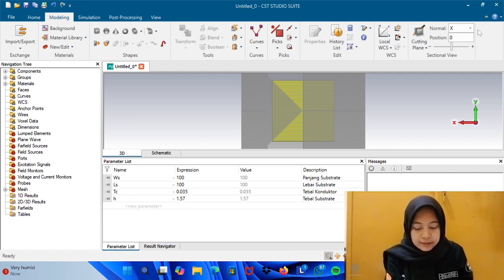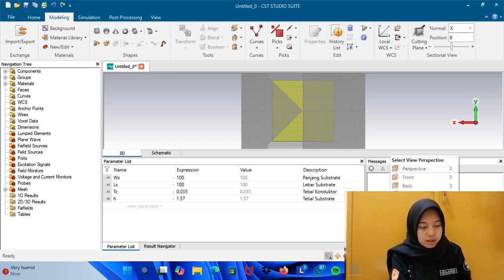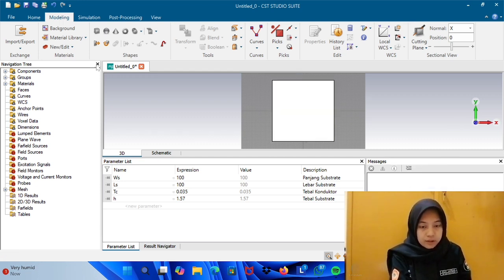For designing the antenna patch, draw the patch on top of the substrate. Use the brick feature. From modeling, you click brick.